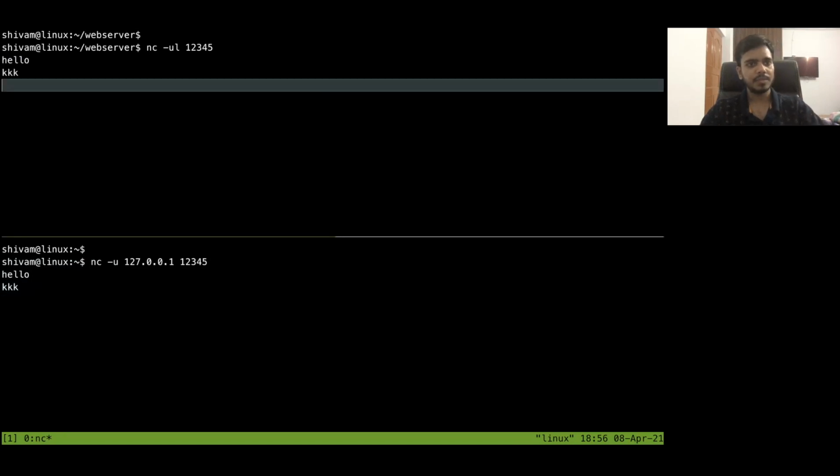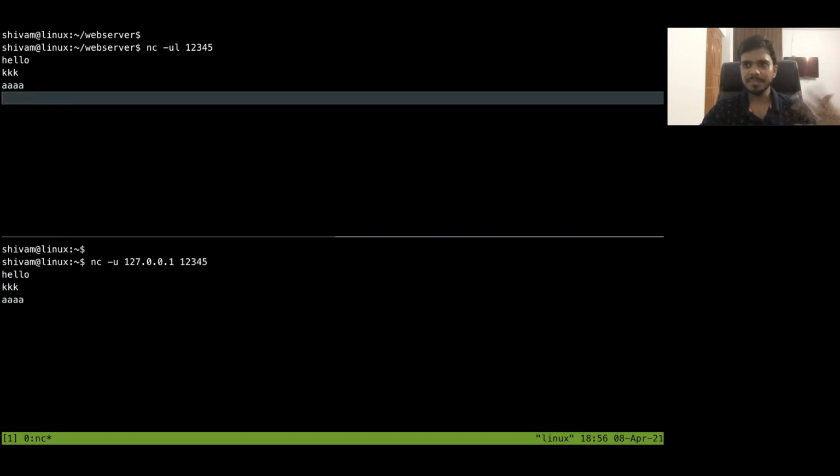Even if you go to the top and write anything, you should see it here also. The same thing is happening as what was happening in TCP. But of course, this is a UDP client and server. It is a bit different from TCP, and that's why we have used different flags. One flag has been extra here. By default, if you do not specify -u, it will always be a TCP server and TCP client. But if you specify -u, it becomes a UDP server, and of course a UDP client.